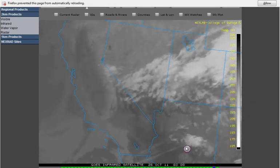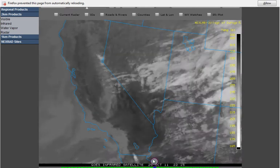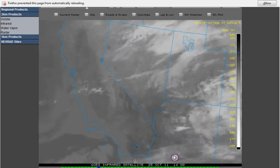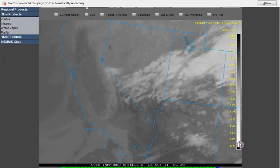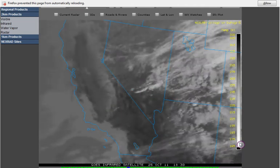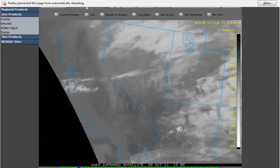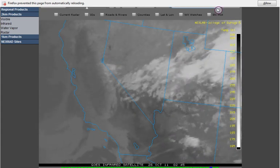And there's also another one that appears down here. It originates from right here. See, there it goes. We have strong winds going through here. But I found it very interesting that there would be this white cloud that is whiter than the others in the area. Let me turn this on to